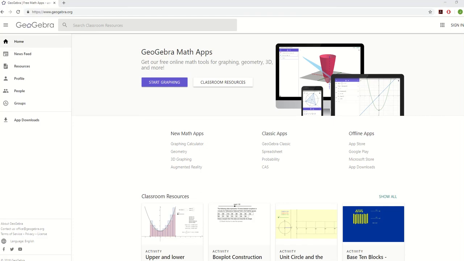So let's get an introduction to GeoGebra. GeoGebra is this amazing free online math program you can do all sorts with. If you're taking algebra, it has all sorts of graphing, geometry. What we're going to be using, if you go to geogebra.org, is under classic apps, we're going to be using